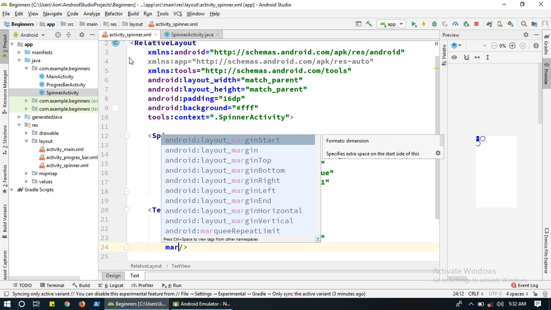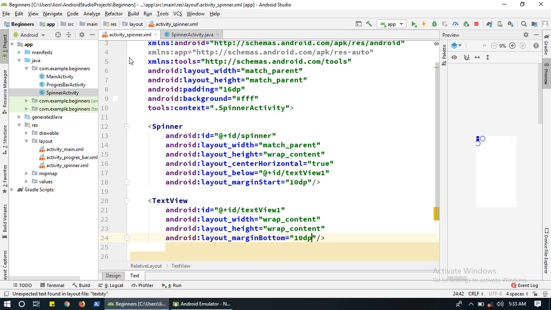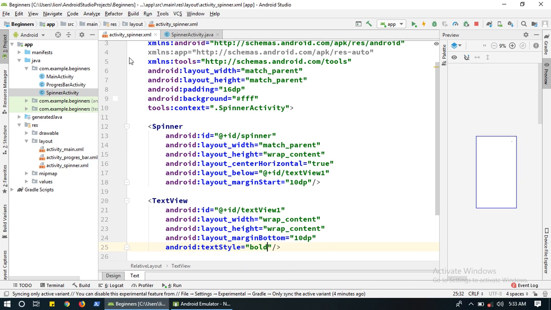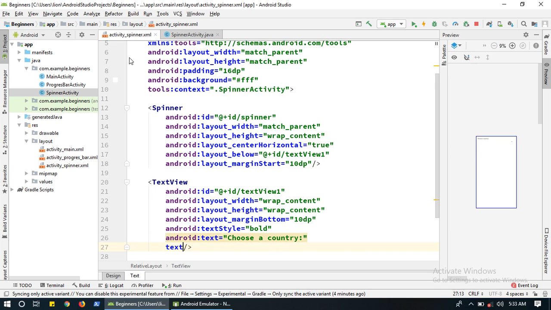Margin bottom 10dp, and text style bold, and text equals Choose a country, and text color is